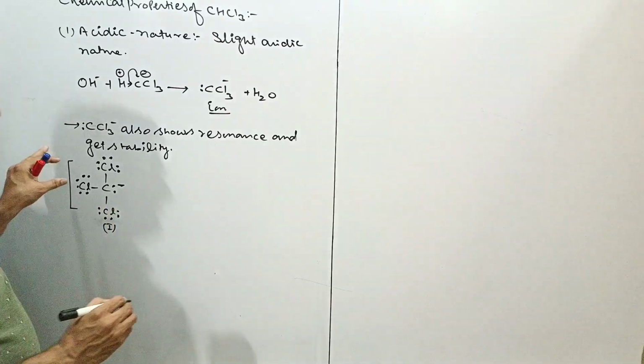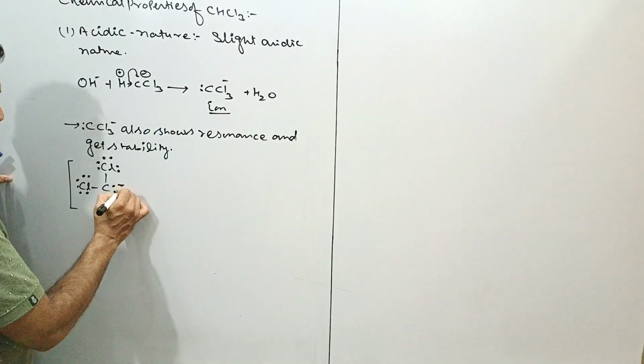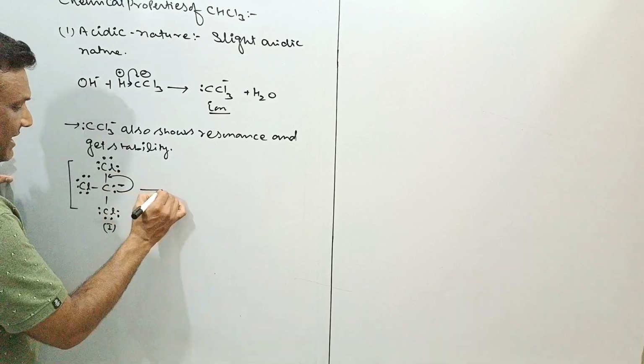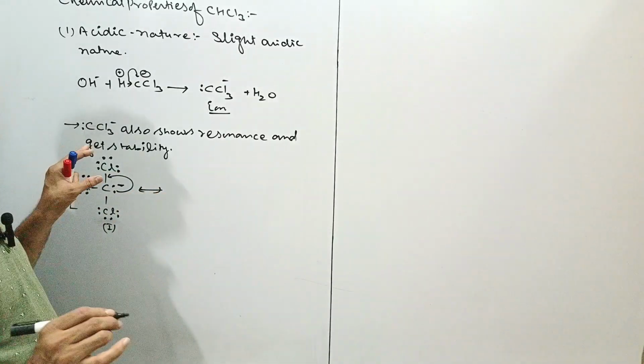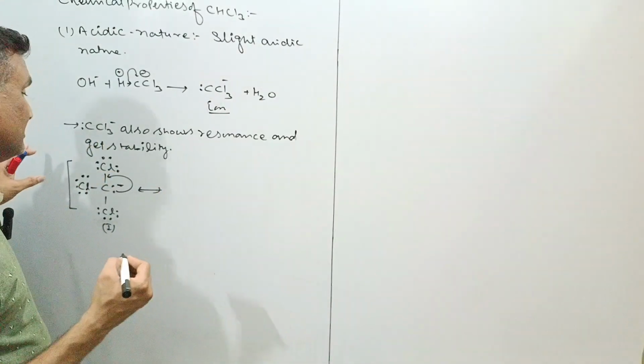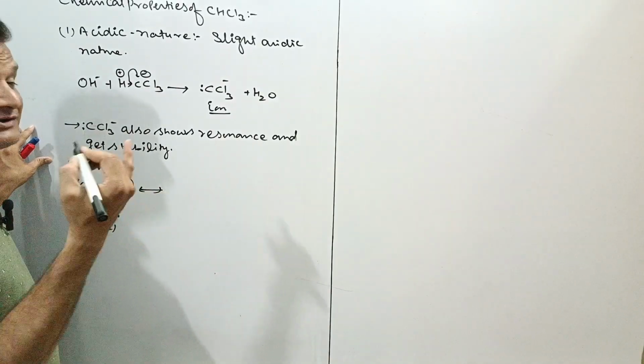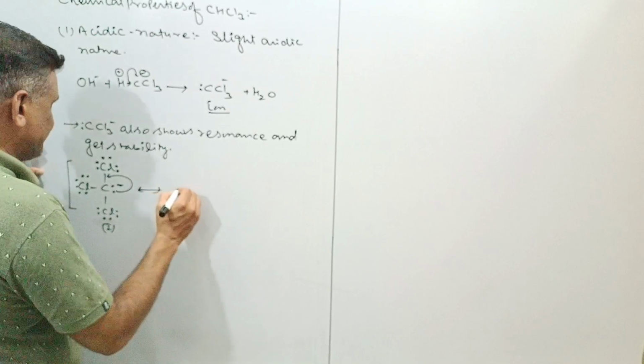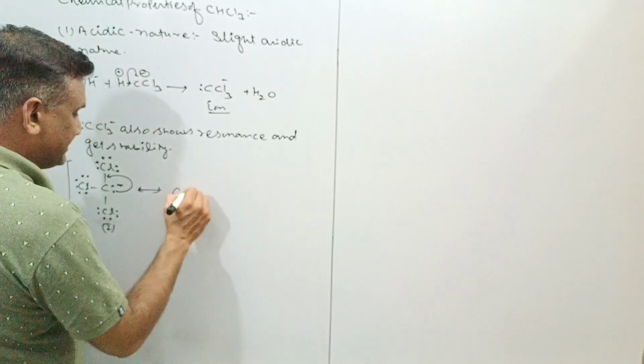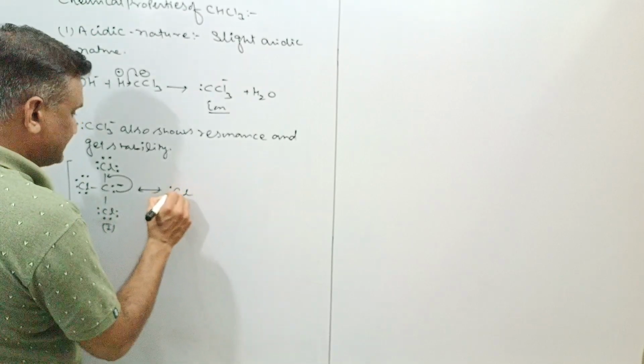Further, this chlorine donates the lone pair over here, and it will expand the octet of chlorine, meaning octet changes to decet, from 8 electrons to 10 electrons. So now the structure will be: this is the Cl, here are the 3 lone pairs,